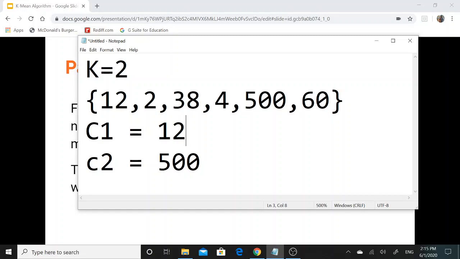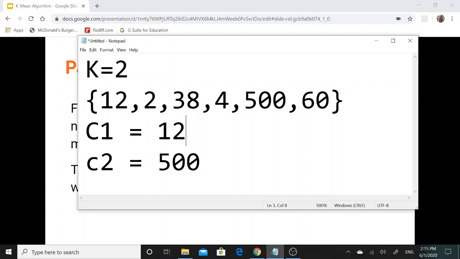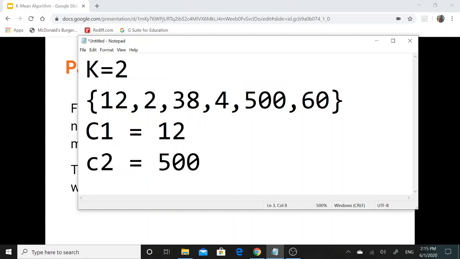So initially I have picked this 12 value which is considered as the mean value for cluster 1, and for the second cluster I have picked 500 as the mean value. So the data which is near to 12, that is 2, is more near to 12.